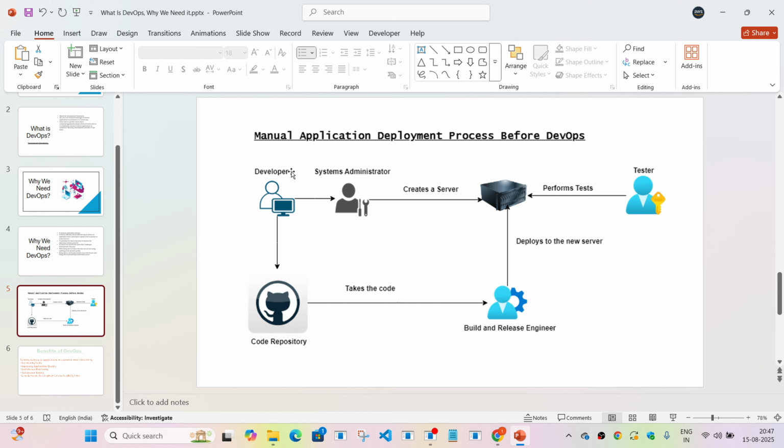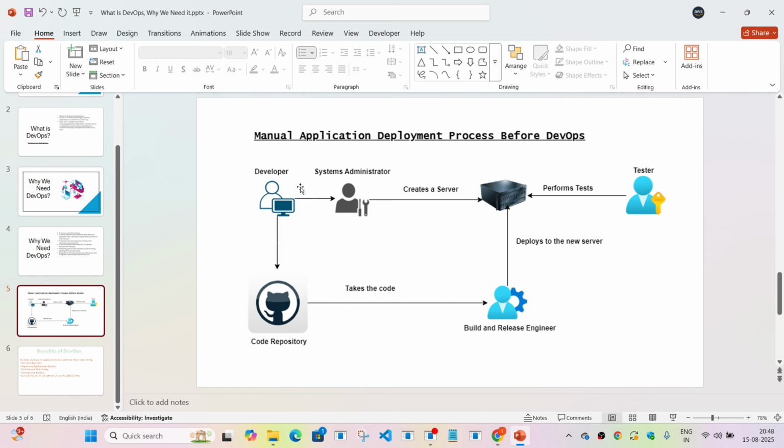At the same time, the application developer is going to inform a person who's going to be a systems administrator, who's going to check the requirements of the application and configure a server on which the application can be deployed. So the systems administrator is going to create a server depending on what the application needs. For example, if it's a Python based application, of course you should have the Python runtime installed on this server.